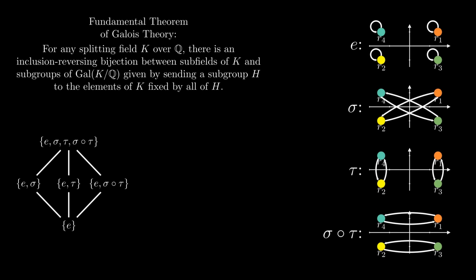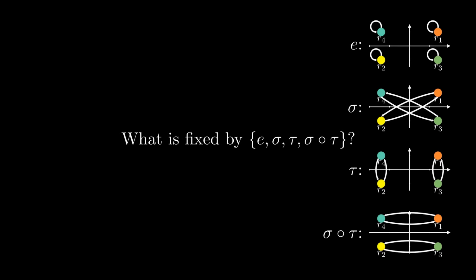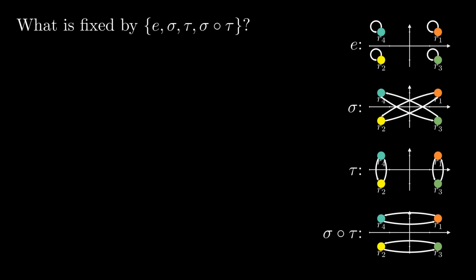We'll start with the easier two. What does the whole group fix? Well, we know at least the rationals. We'll derive one final equation that will help us with these. We take the equation that R1 satisfies, and then R1 times R3 is 3, so squaring that we can replace the constant term with R1 squared times R3 squared. Then canceling a factor of R1 squared, and moving 2 to the other side, we get R1 squared plus R3